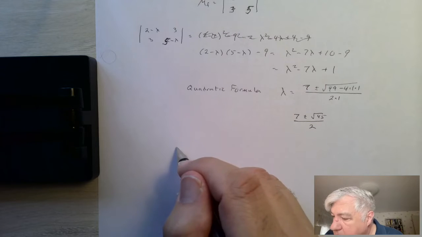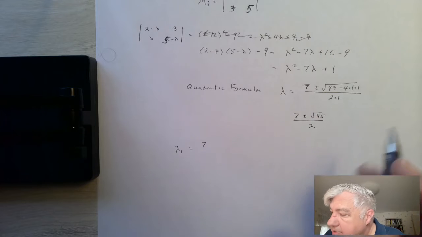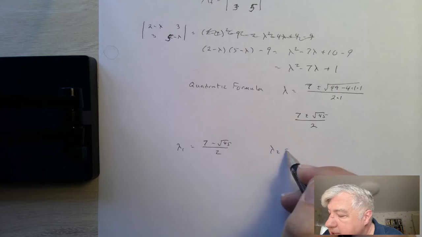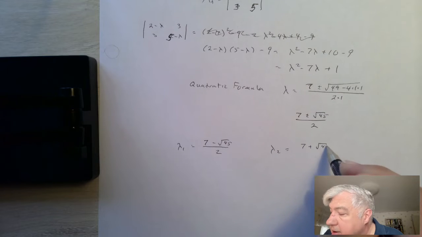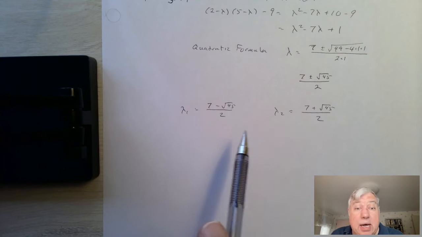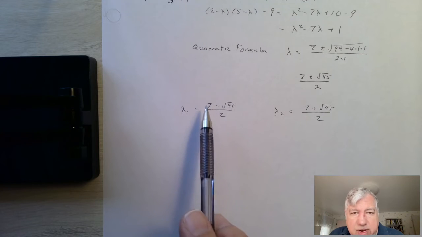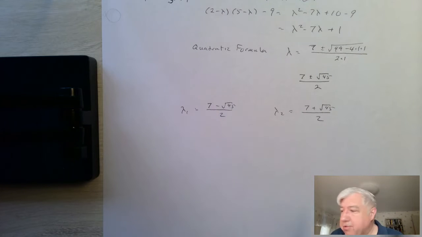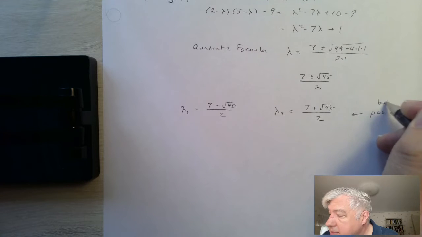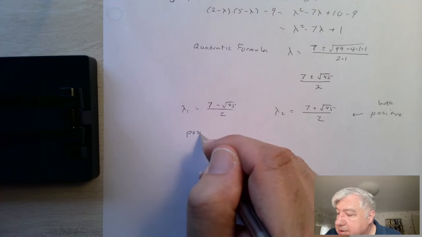We can see that lambda 1, if we take lambda 1 to be the smaller eigenvalue, and lambda 2 to be the bigger eigenvalue, we can see that these are both going to be positive, because 7 is bigger than square root of 45, because the square root of 49 is bigger than the square root of 45. So these are both positive. So this is going to be a positive definite